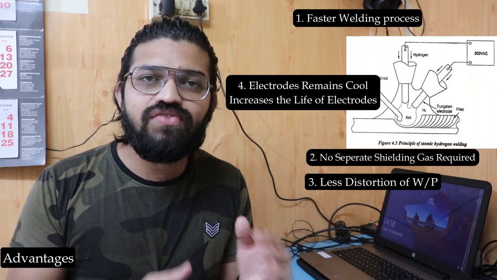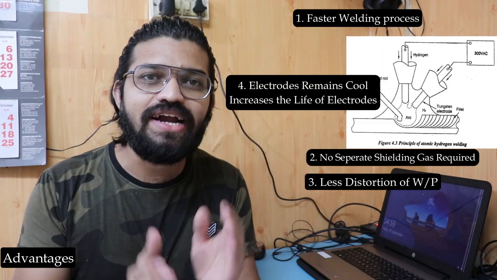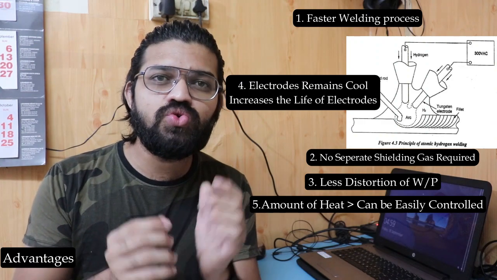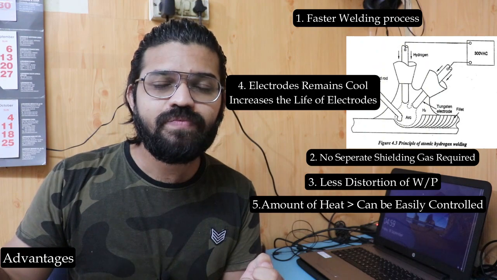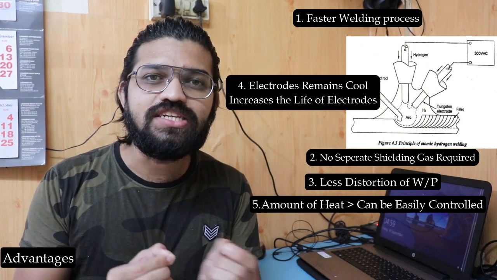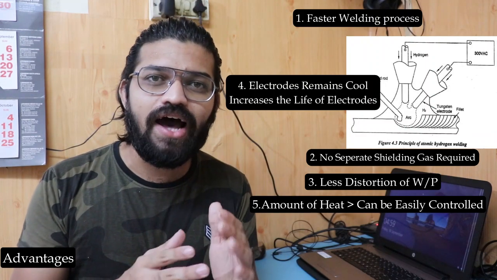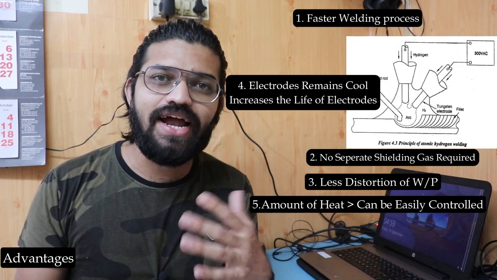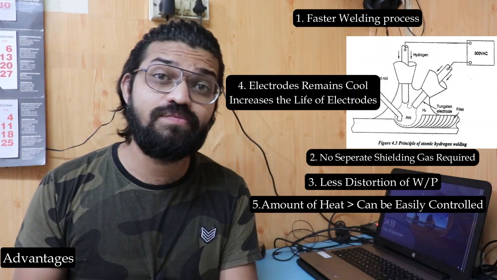So while welding different materials, different welding parameters are used, and over here the main parameter is nothing but the amount of heat. The amount of heat produced to carry out this welding process can be controlled by the supply of hydrogen, and by controlling the distance between the two electrodes. So the controlling parameters are essential to carry out this particular welding process, and the control is very easy in this type of atomic hydrogen welding process.